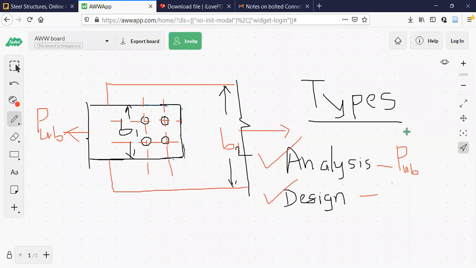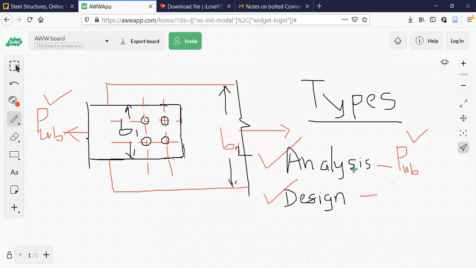My job is to find out how much is the force it can resist, or the load carrying capacity of an already designed bolted connection that will be given. Here everything will be given. B1 is given, thickness of this plate is given, B2 is given, thickness is given, number of bolts is given, diameter is given, strength of the bolt is given, strength of the plate is given, everything is given. You just have to end up calculating what is the load carrying capacity, or how much is the force that can be applied to this joint without failure.